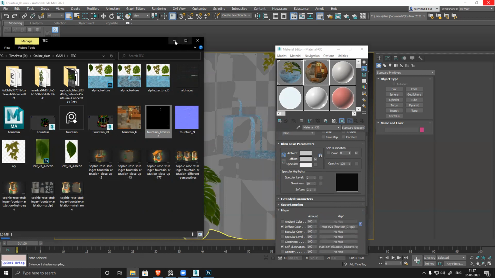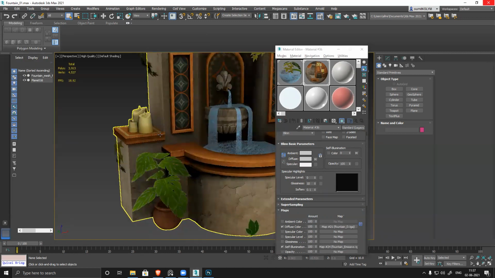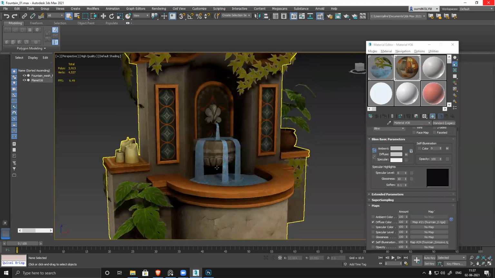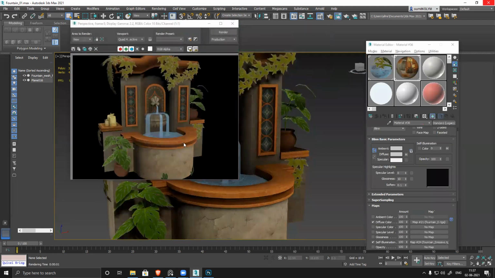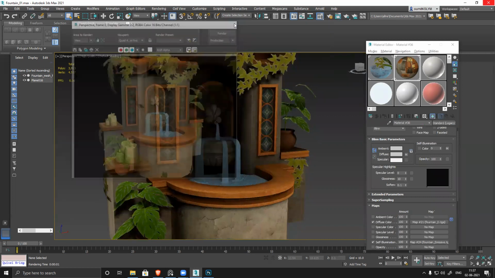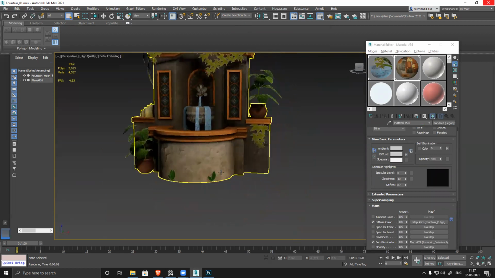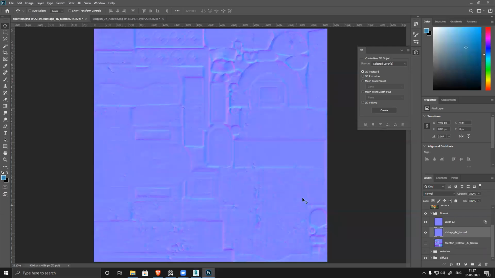Apply it. Here it won't show anything, but if I render it out, F9, this will glow. So for that, we'll use Marmoset for render. And now I need to create a specular map for this also.